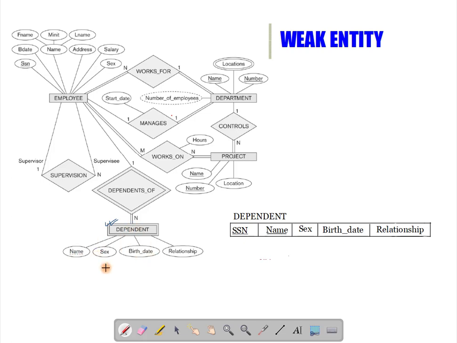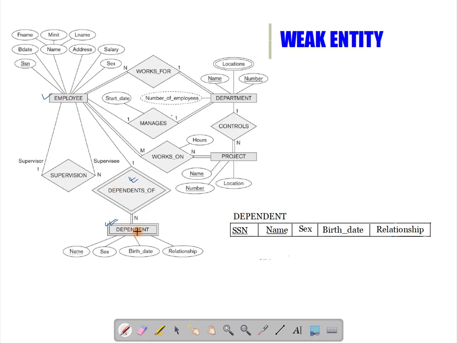And the owner entity of this weak entity is employee, because employee creates an identifying relationship with dependent. So employee is the owner entity and dependent is the weak entity.